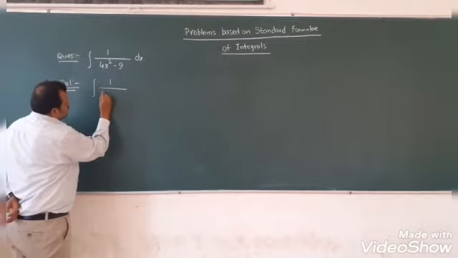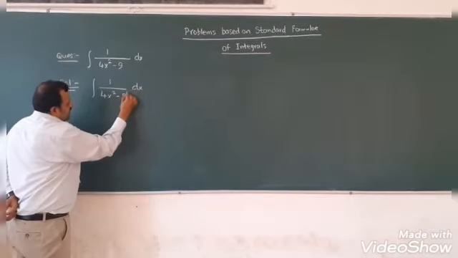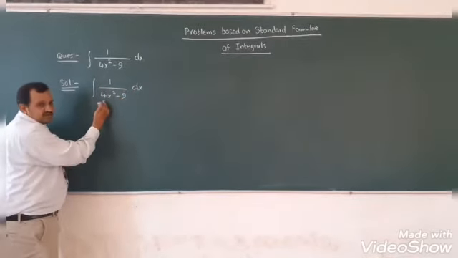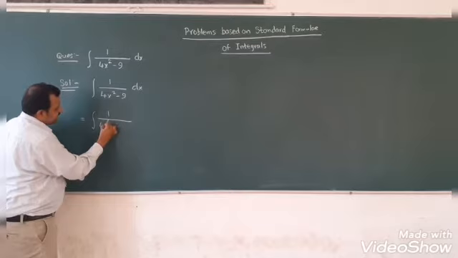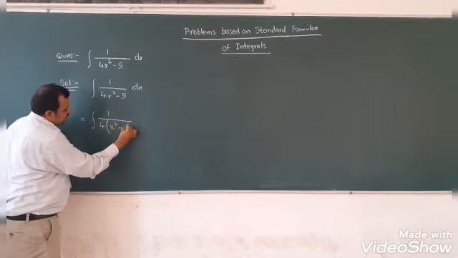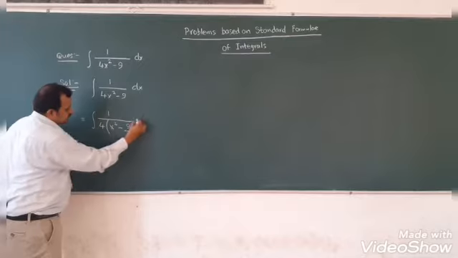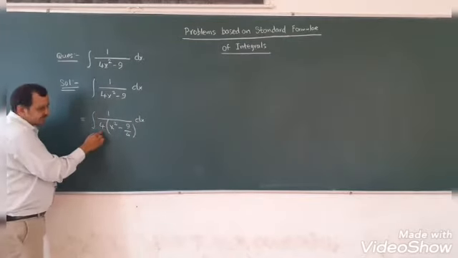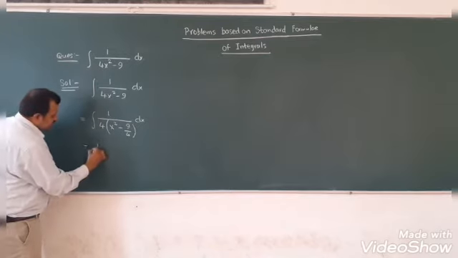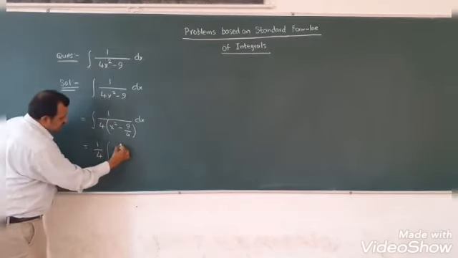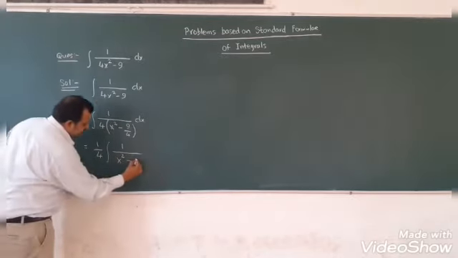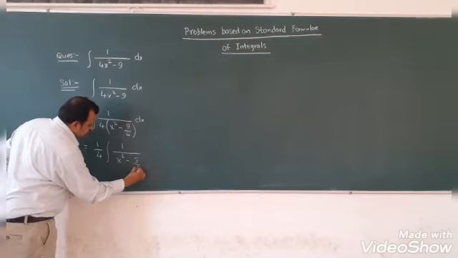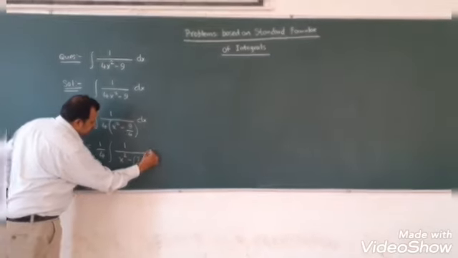Integral of 1 divided by 4x square minus 9 dx. So what I am doing here is take 4 common. When you take 4 common, what you will get is x square minus 9 by 4. So 1 by 4 is constant, we can take outside. So 1 by 4 will come outside. This I can say 1 divided by x square minus 9 by 4 we can write as (3 by 2) square. Here I can say dx.